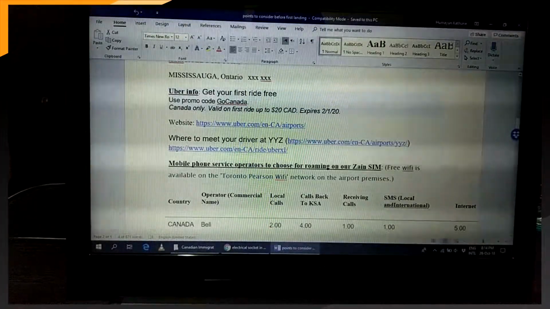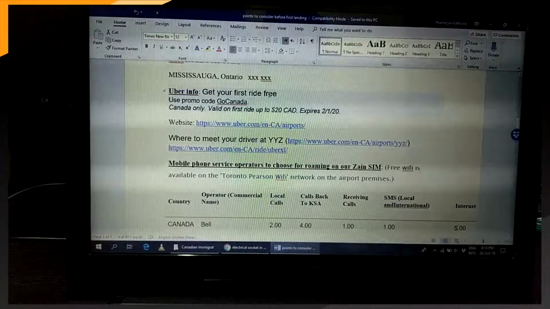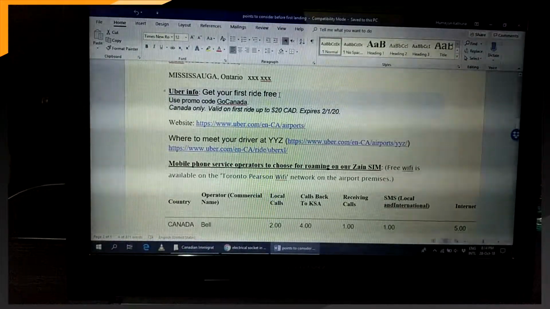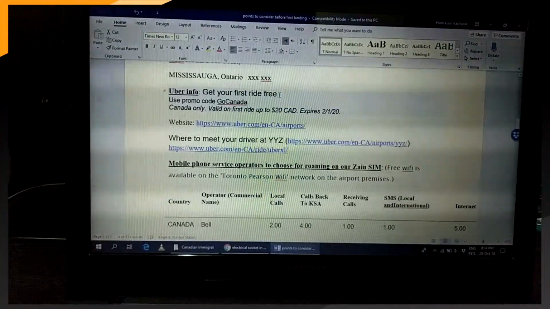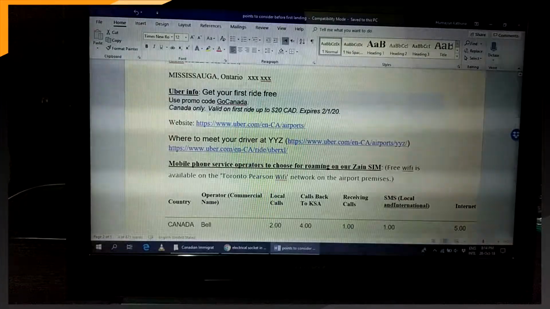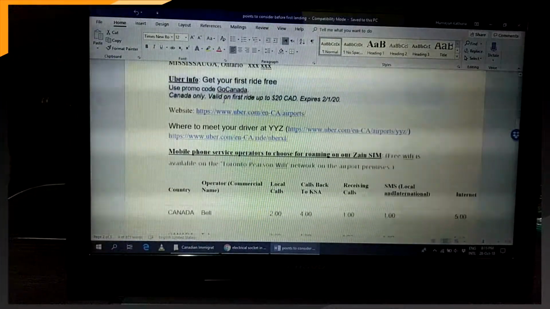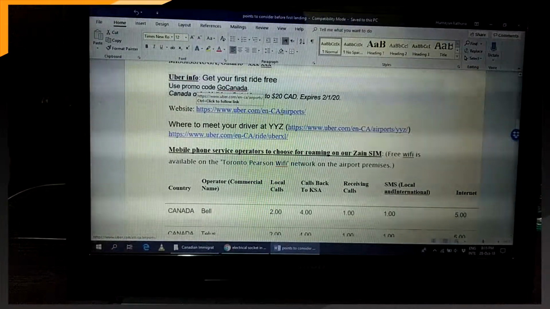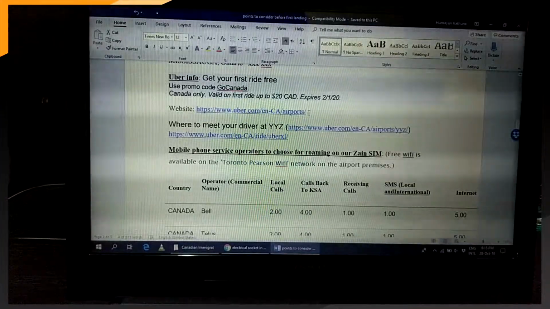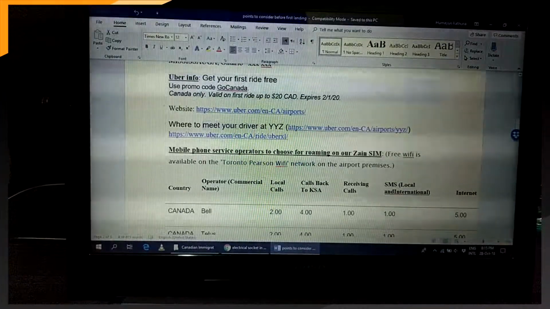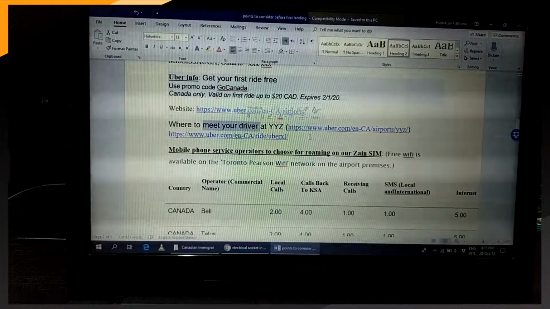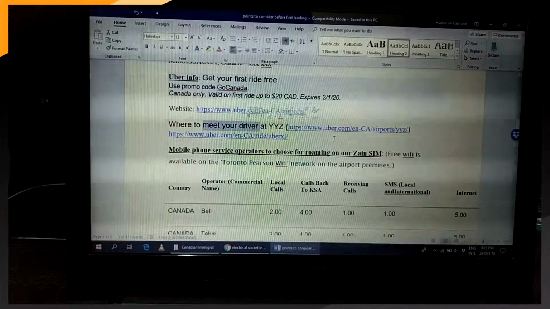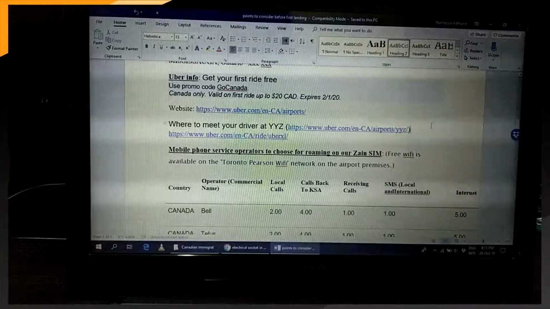Another important thing is that probably from the airport you would be taking a taxi to wherever you will be going in Canada. Well, I landed at the Toronto airport and I used Uber for myself. This is some information for Uber, and this website can help you get estimates from Toronto airport to different locations within Ontario. And this is further to this website, which will give you more information on the type of cars, where to meet your driver. It will explain very nicely,